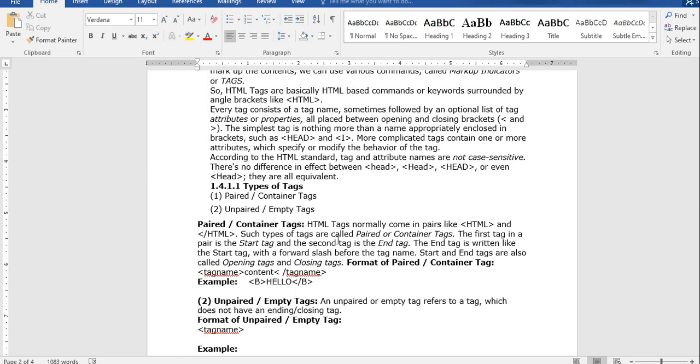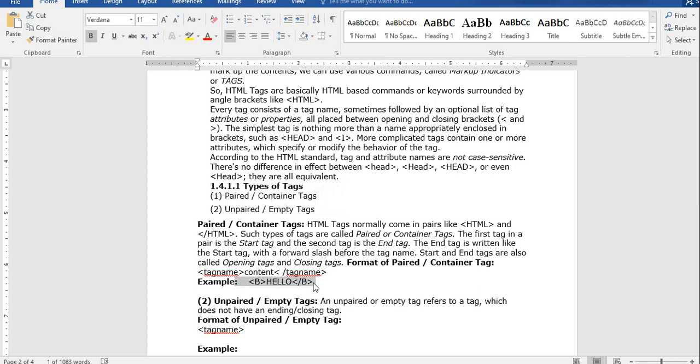Such types of tags are called paired or container tags. The first tag in a pair is the starting tag and the second tag is the end tag. The end tag is written like the starting tag with a forward slash before the tag name. Start and end tags are also called opening and closing tags. These are also called paired tags. Clear?